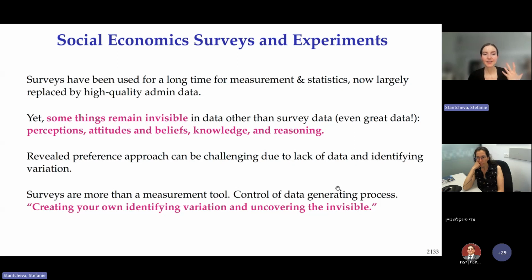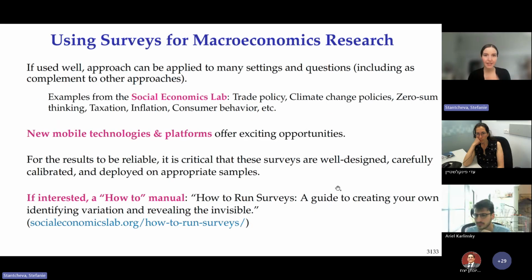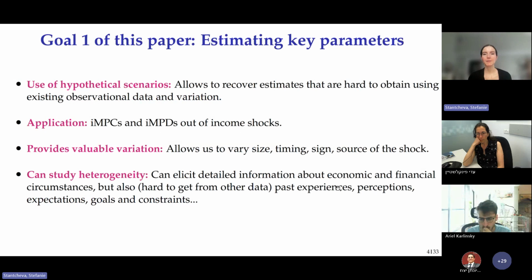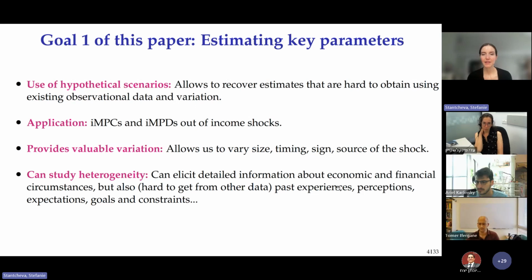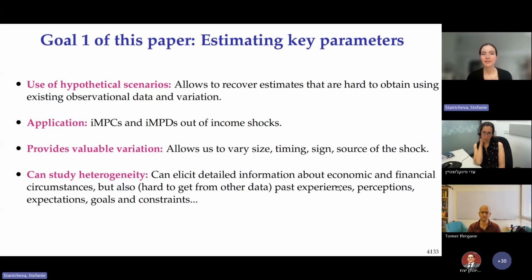And we have this tool, which is surveys, to really go more directly into these issues and be able to ask people more directly. And when you design a survey, you're really creating your own identifying variation to uncover these invisible things. So in this talk, I want to apply it to a very long-standing macro question. So the first goal of this paper will be to estimate some key parameters for macro. In particular, it's going to be intertemporal marginal propensities to consume and intertemporal marginal propensities to deleverage out of income